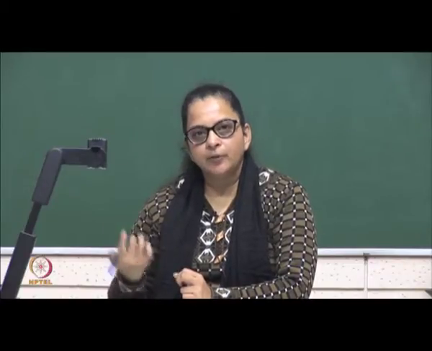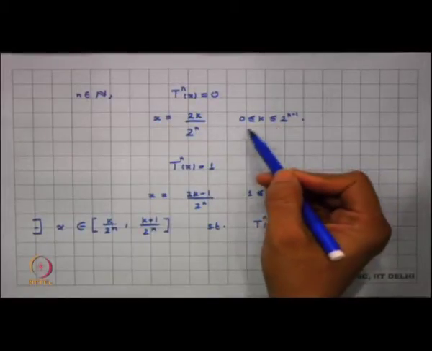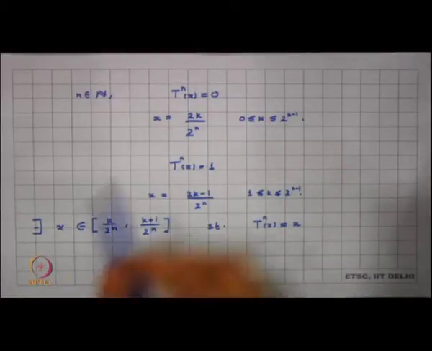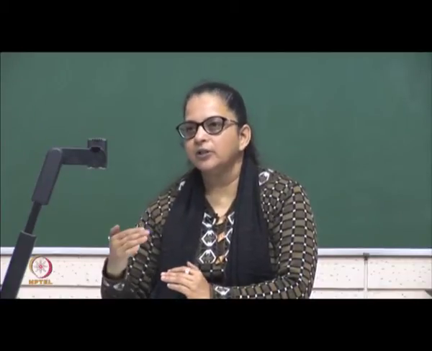And how many such periodic points can we have? There are 2 to the power n values here, so there are 2 to the power n fixed points of T to the power n. So, how many periodic points of period n can you have? From 2 to the power n you just remove all the fixed points of T to the power k, for those k that divide n, because they will also be fixed points of T to the power n in case n happens to be a multiple of k.